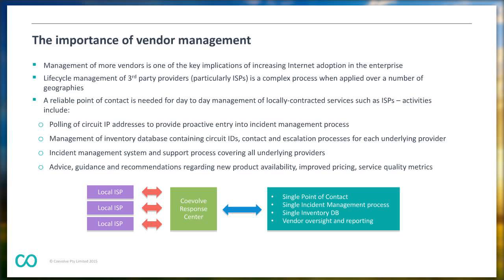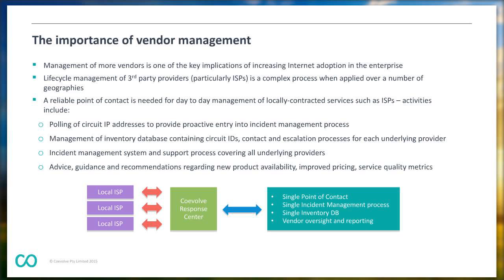We've talked about the benefits of that from a cost perspective, from a technology perspective. One of the biggest downsides of that is you end up with a lot more vendors you need to manage, and they're all completely separate from each other. They all have separate incident management processes, help desk numbers to call, workflow processes, and so on. And this is something that we hear as being one of the biggest obstacles to really getting the most out of internet-based networking, like we're talking about here today.